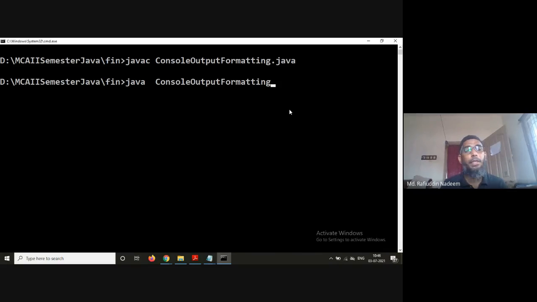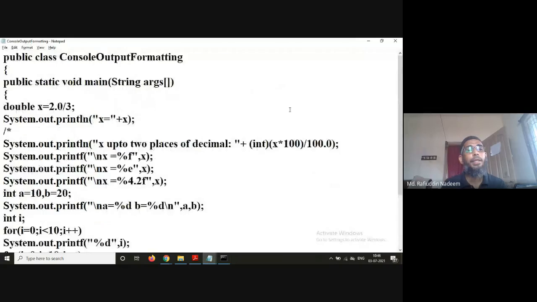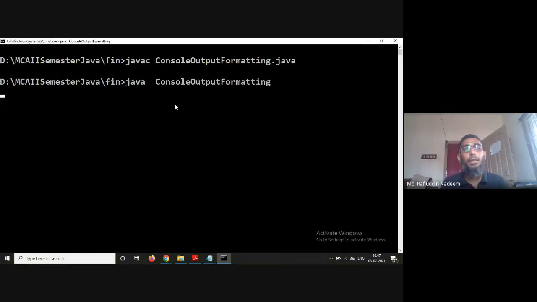Before that, I assigned x with 2.0 by 3. 2.0 by 3 will be 0.66666, like that. It will continue. So what will be the output here? Here it is 0.66666, like that. It is going to continue.